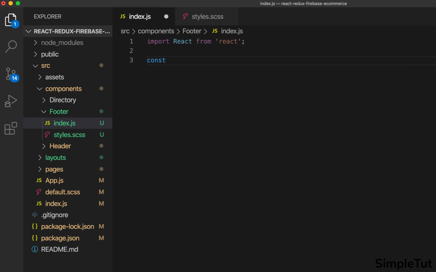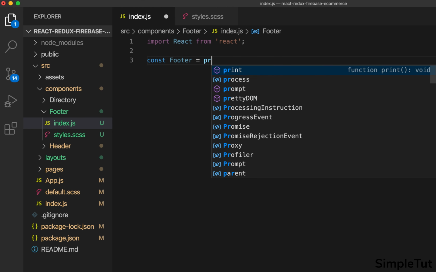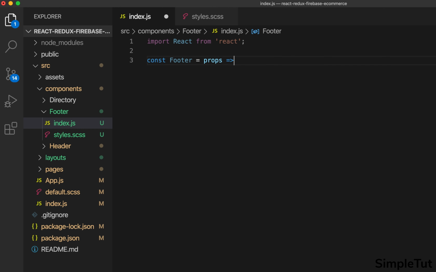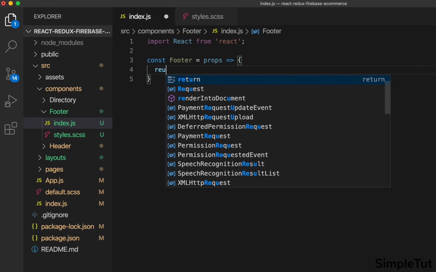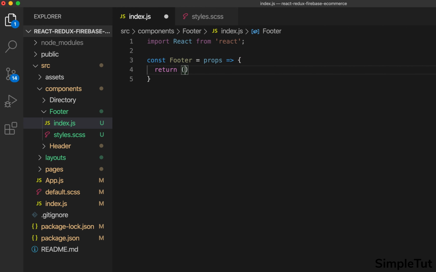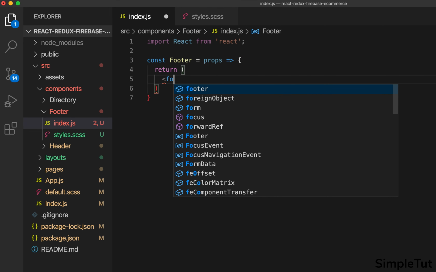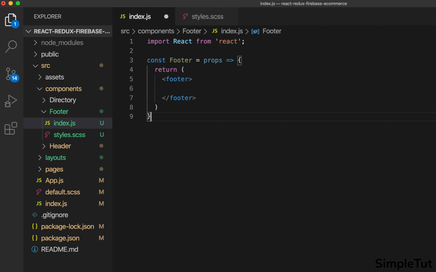So it's going to be const footer equals a function, just going to pass props, and we will return a footer. So export default footer, and of course we're going to add a class here